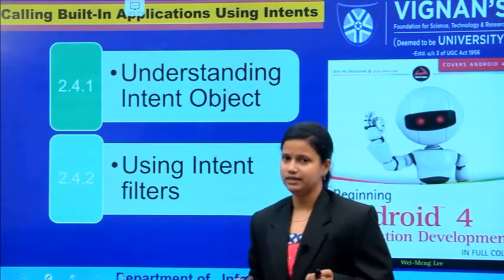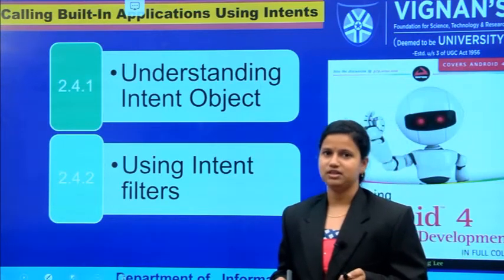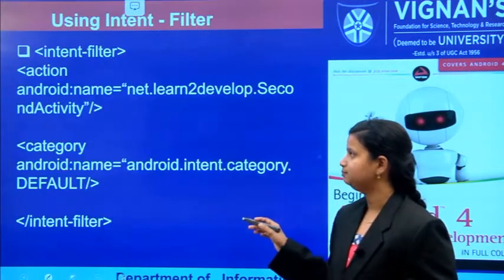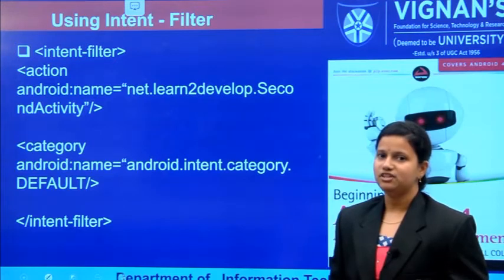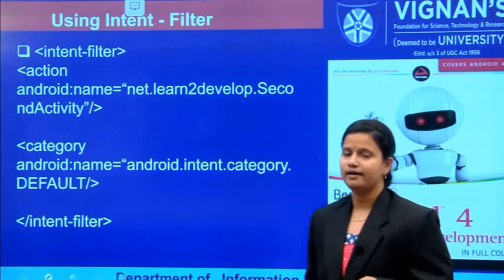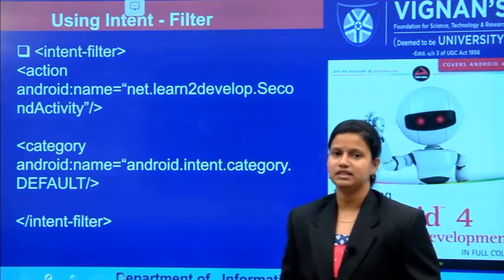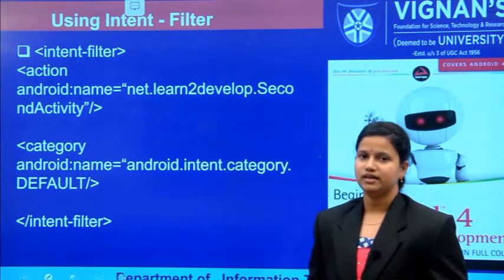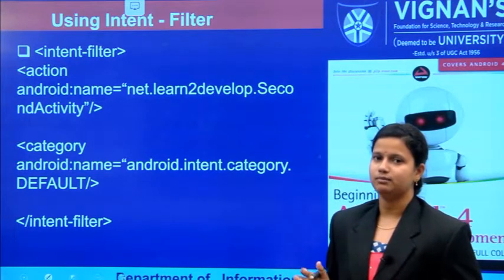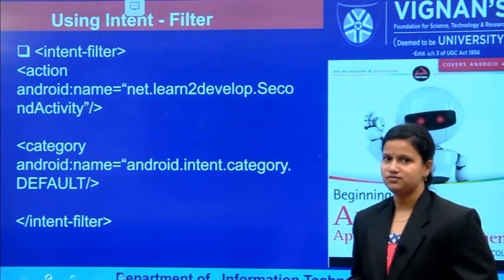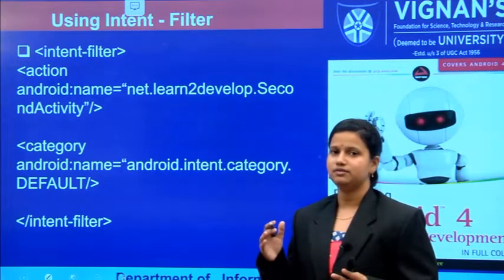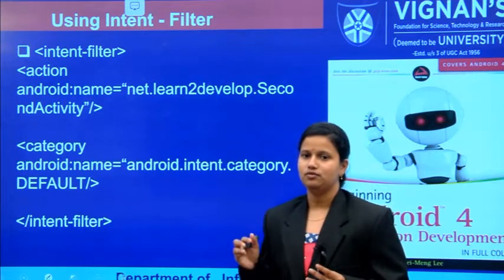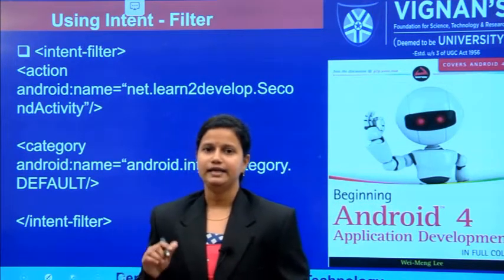How do we use these intent filters? The intent filters are mainly available in the manifest file. Whenever you open any application, the main use of the Android manifest file is that it provides the structure: how many activities are present in your application, and what the data is. In that manifest file, first the application is opened, then within the application we write an activity, and within that activity we use intent filters.